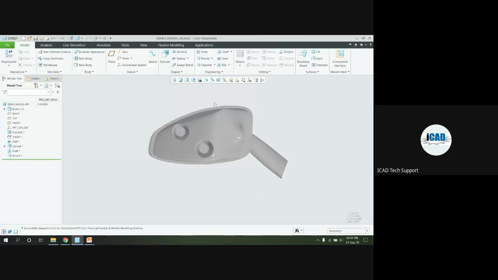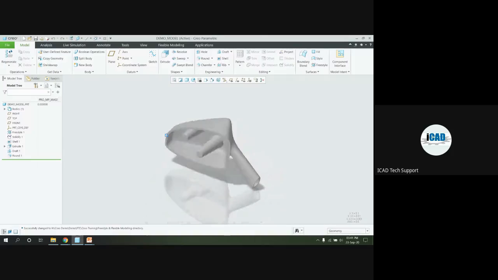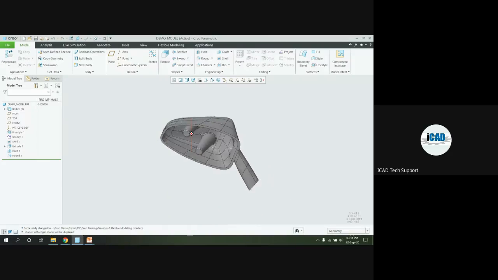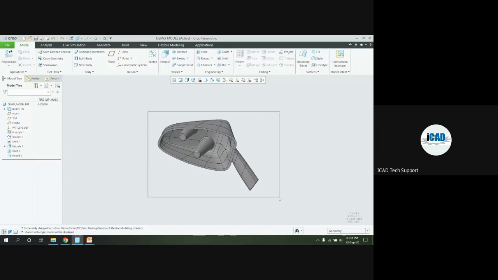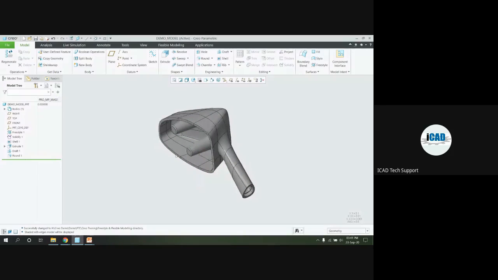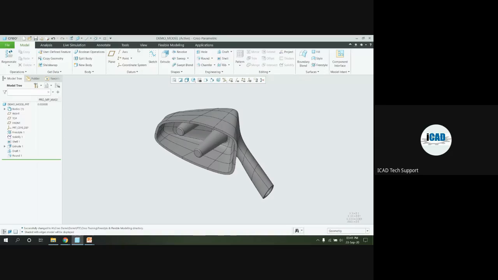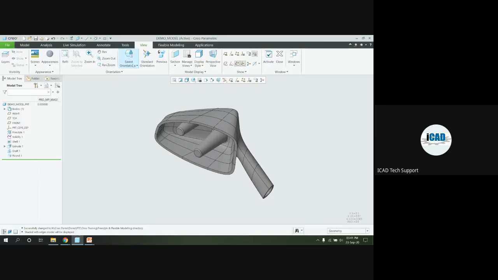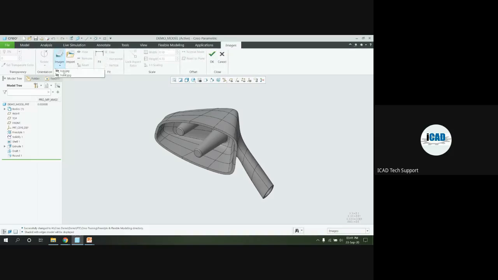You can see in this model, this is the car side mirror model. How can we create this type of model by using this freestyle tool? So I will show one by one. For that, I am importing two images for creating the model. Here are the top side and the front side models